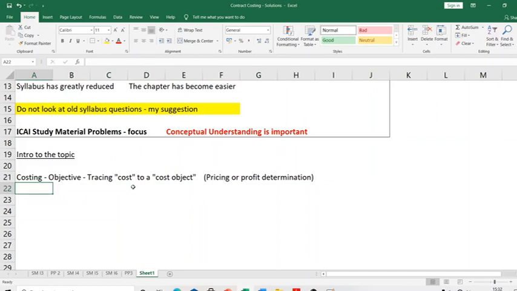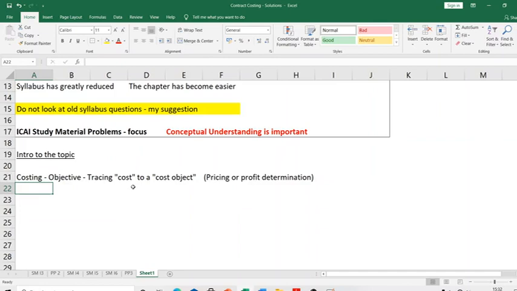Now, if you look at all the chapters that you have seen in costing, the cost object kept changing. For example, there were chapters where you had to find out the cost of a product. Materials cost will be given, labor cost will be given, overheads will be given, with some method of apportionment. Then you put all of those things together and say this is the cost of manufacturing one unit of that product. There you would have learned the distinction between product cost, period cost, all of that.